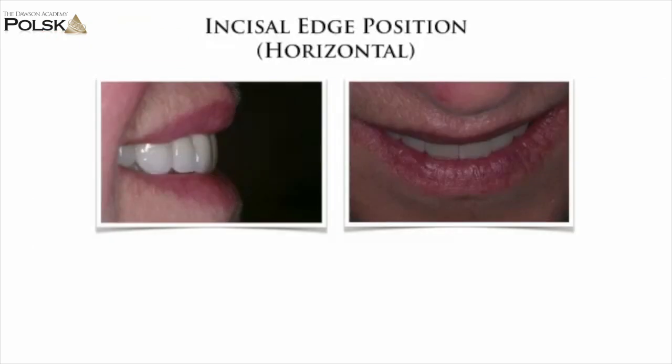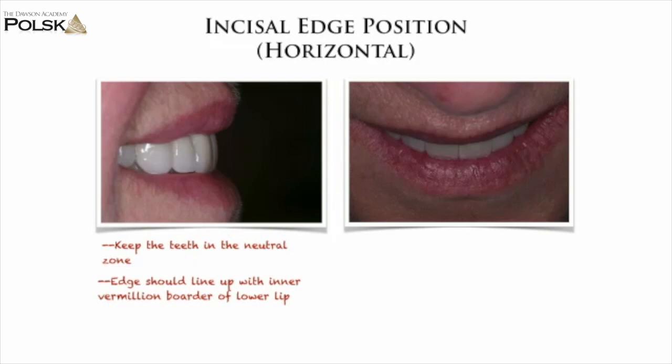All right, now let's talk about the incisal edge position in relation to the horizontal position. One of the things that we want to be sure that we're doing is that when we think of horizontal positions, we want to keep our teeth within the neutral zone. We'll talk about exactly what that is, but what the neutral zone means is that you're finding the balance between the muscles of the lips and the muscles of the tongue. We'd like to see the incisal edge have a trajectory that will line up with the inner vermilion border